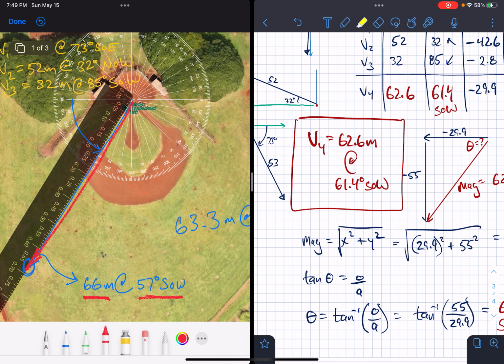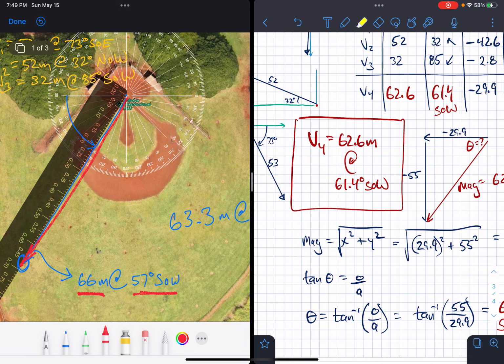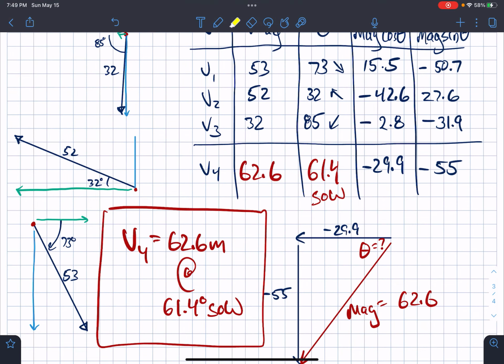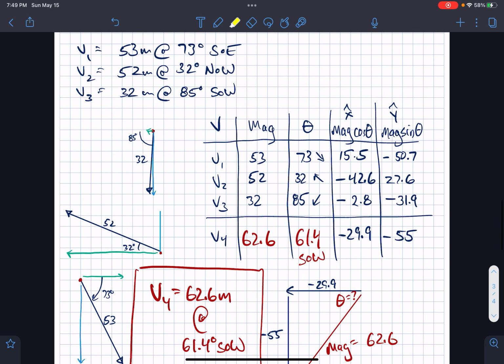All right, so this right here has been what we'll call the component vector addition method. And that's how we can take vectors, break them up into X and Y components, and then use some trig to work backwards to figure out what's the magnitude and what's the direction of the resultant vector of all these that we're adding together. So thank you so much for following along. If in fact you're still with me, I do appreciate it. I realize it may have been dry at times, but there are manifold applications for this in the real world, as well as in math and science classes, and